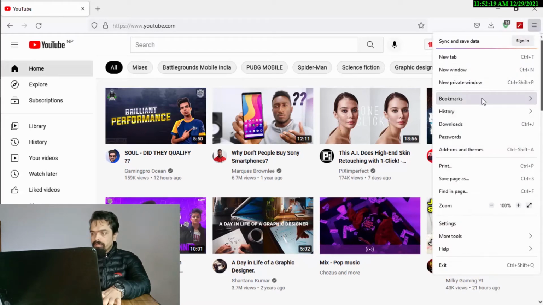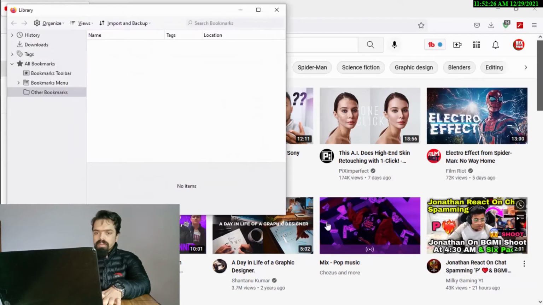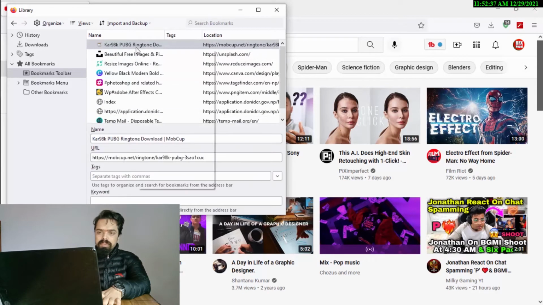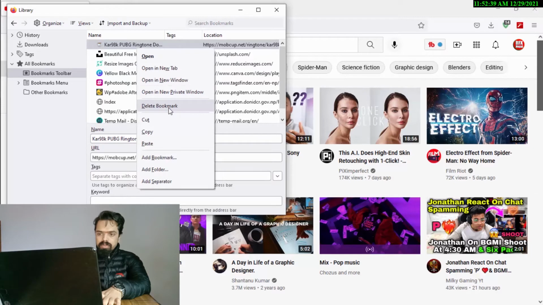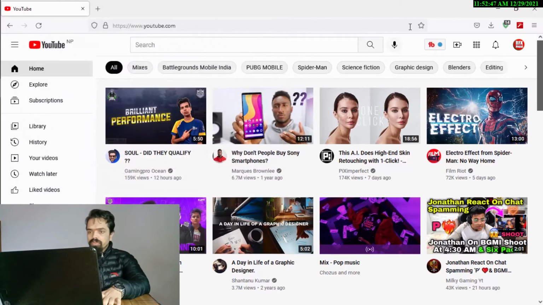Now it's time for the bookmarks. Simply go to bookmarks, and on the bottom part you can see manage bookmarks, and from here just click on bookmark toolbar. Make sure you delete all of these bookmarks. Sometimes your bookmarks also give these errors, so delete the bookmarks. Just like that, you will remove the bookmarks. Make sure you delete all of those bookmarks on your browser.